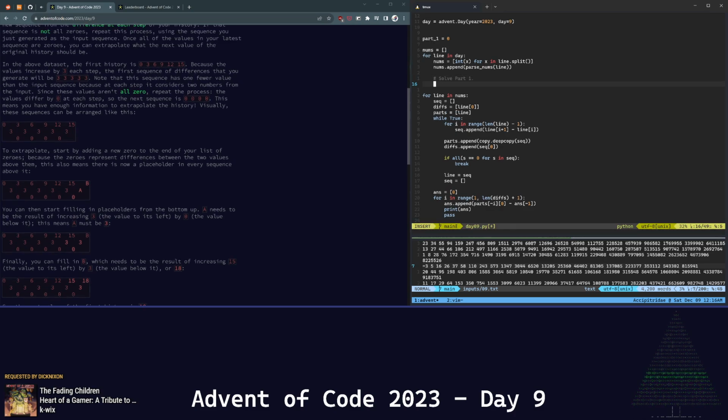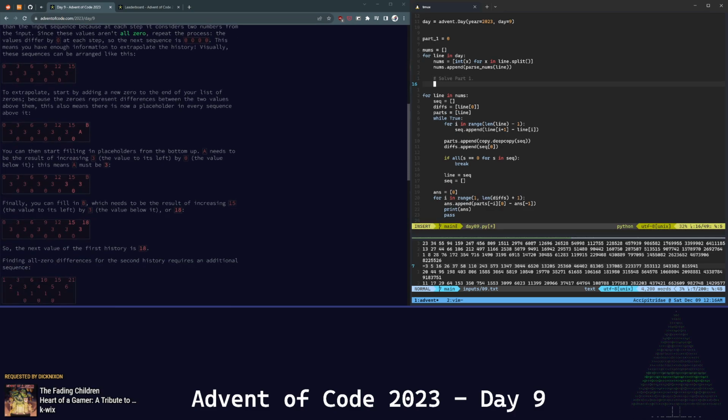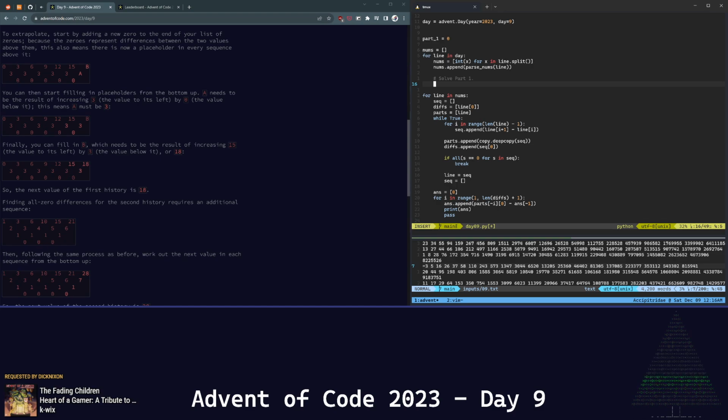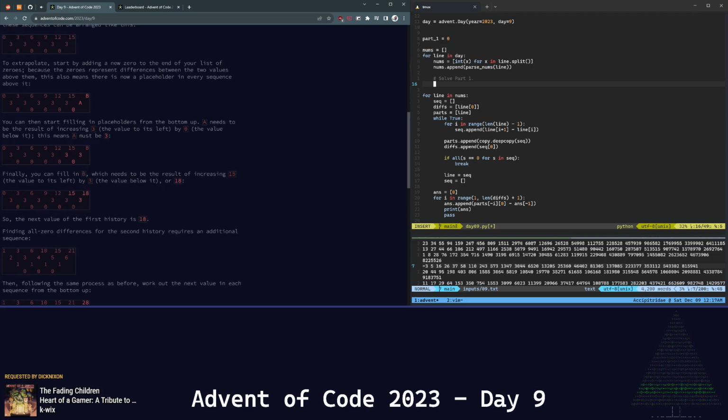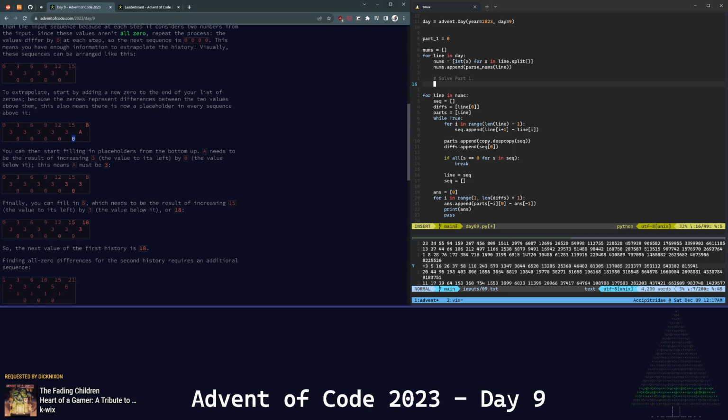So for each number, what did we do? We went down computing subsequent diffs, and then I think the realization was that all we care about is the last number of each row, because if we have the last number, we know that the number that appears here has to be this plus this. Where are we? We're here. So here we filled in this extra 0. Then we have to solve what A is. Well, A is just going to be 3 plus 0, which is 3. Great. What is B going to be on the next one? Well, B is just going to be 3 plus 15, which is this. So all we have to do is say,